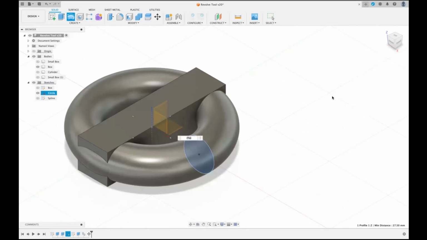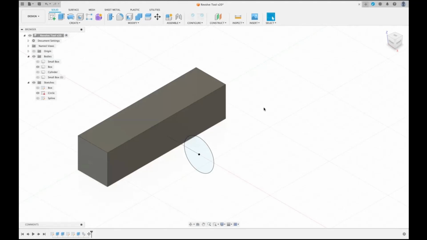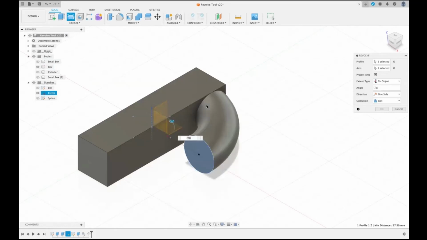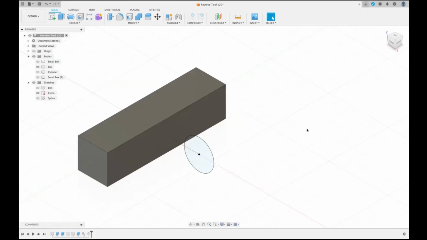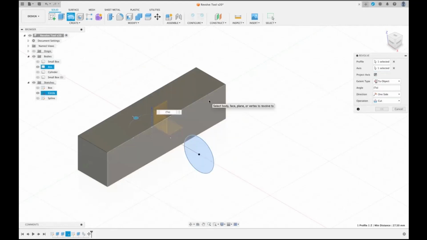Let me just do that again, because it sometimes gets a bit mucked up when I try and keep changing it. Okay, so that's that one there. So Shift R, select the axis, which is the blue one. Now, the other option that I had when I did to object is it said body or face. So I can actually just click that face and it will go to that face. Let's do that again. So the to object, the other option was plane. So you can just go to that plane,